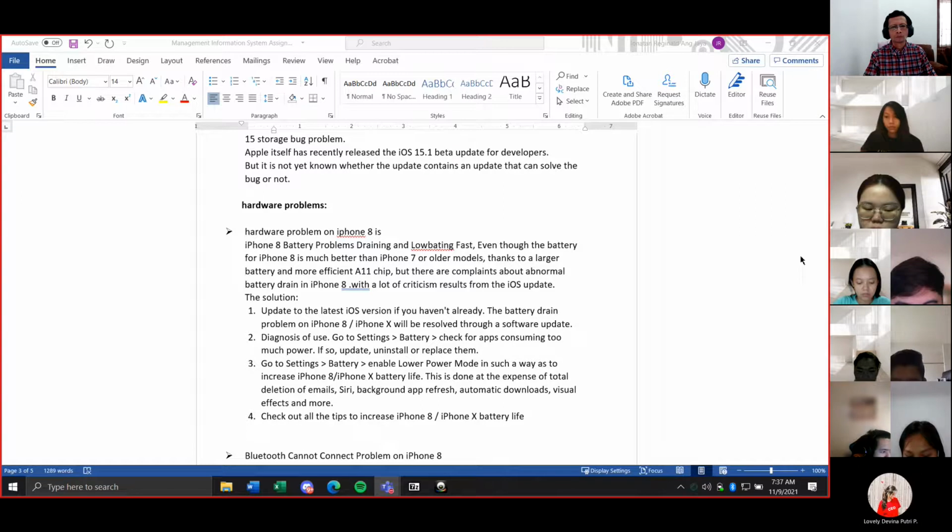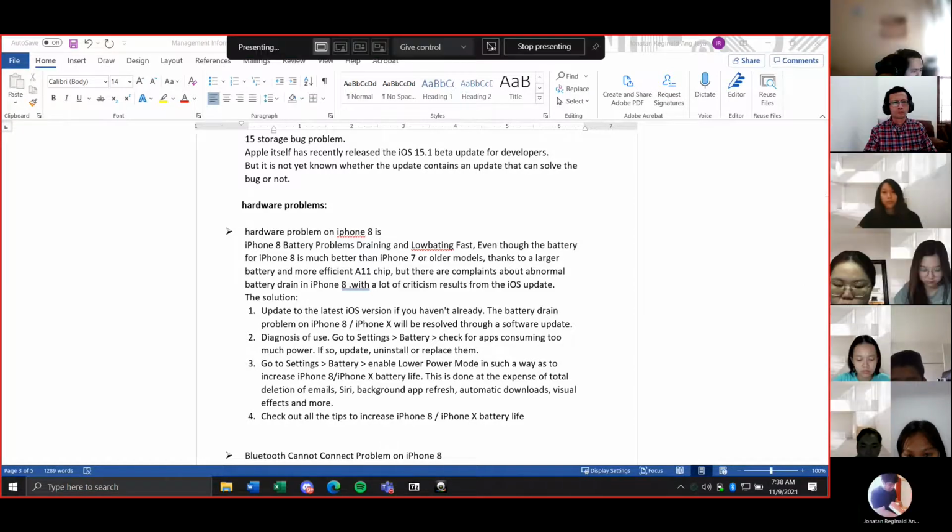But there are complaints about abnormal battery drain on iPhone 8, with a lot of criticism resulting from the iOS update. The solution, first, is to update to the latest iOS version. If you haven't already, the battery drain problem on iPhone 8 or iPhone 10 may be resolved through a software update. The second one, diagnose usage.